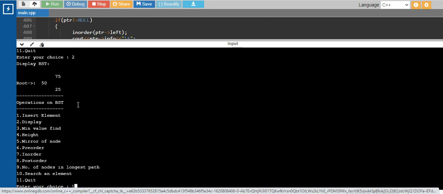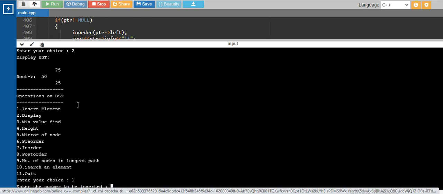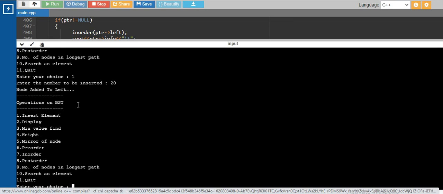Again we want to insert something. For example, if you want to insert 20, you can see it is printed like node added to the left. So it is added to the left of 25, because it is less than 25.